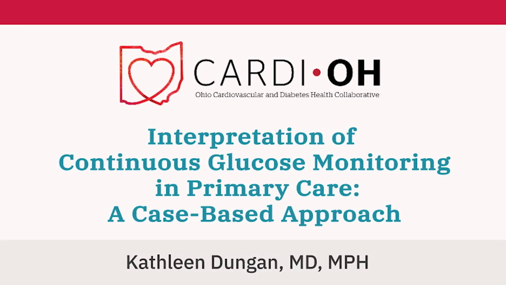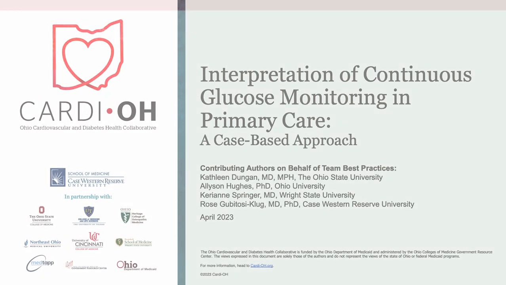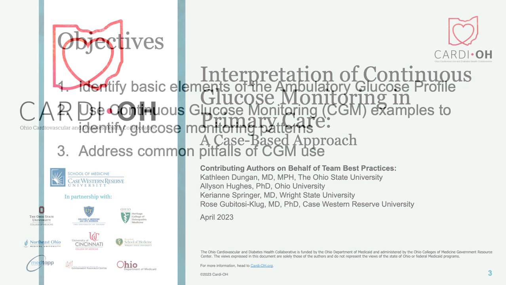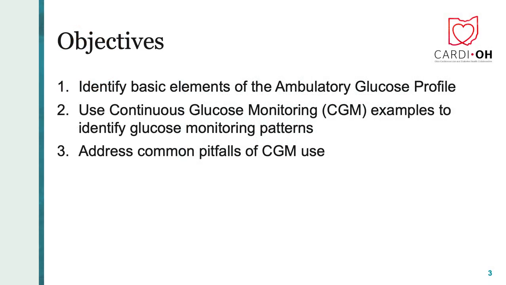I'm an endocrinologist at The Ohio State University, and we are going to discuss the interpretation of continuous glucose monitoring reports in the typical primary care patient. This is a case-based approach. And the objectives are to identify the basic elements of the standardized report, which is called the ambulatory glucose profile. We will use CGM examples to identify some common glucose patterns, and we'll address some of the common pitfalls in